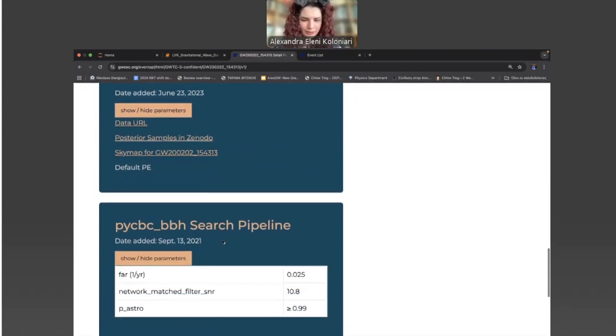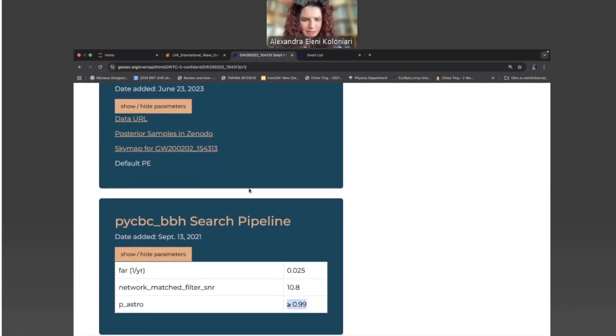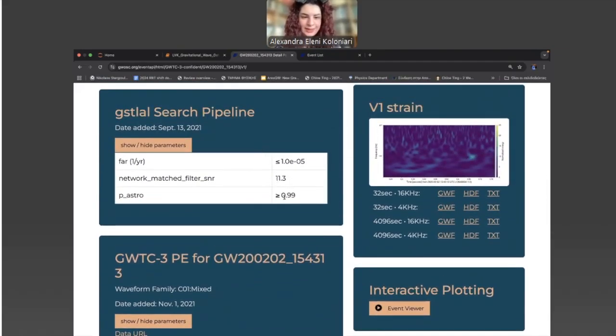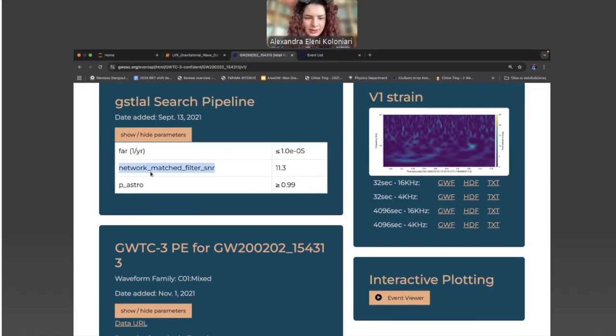And what happened with PyCBC? For PyCBC, it is the same. Sometimes you might see here pipelines that did see the event, but with astrophysical probability lower than 0.5, which basically means that those pipelines don't consider that an event. You also see the matched filter SNR, the network for all three detectors, and the false alarm rate.